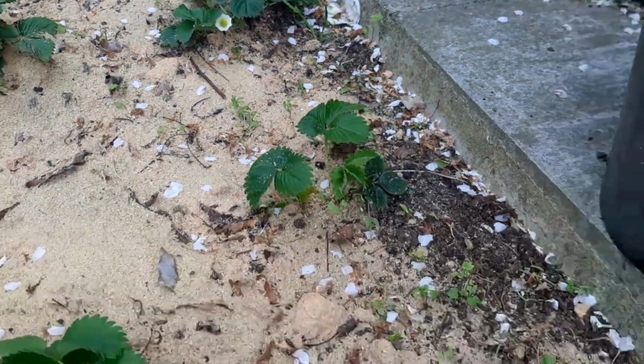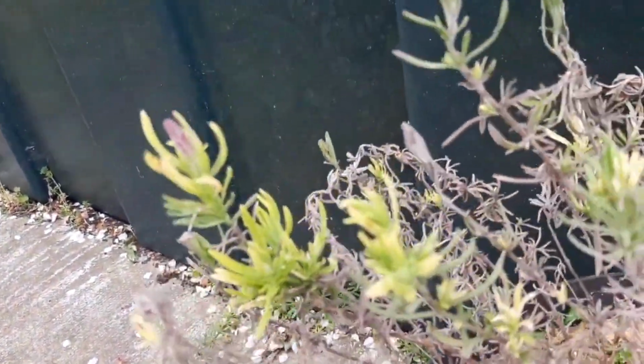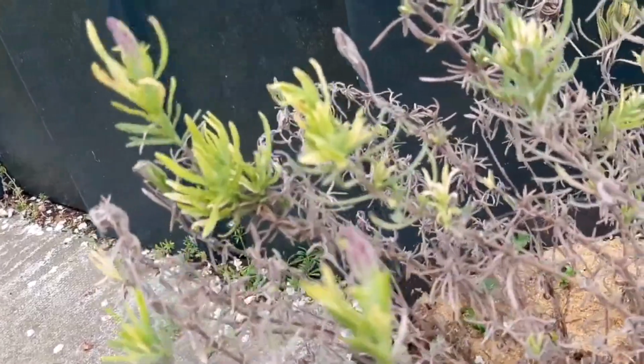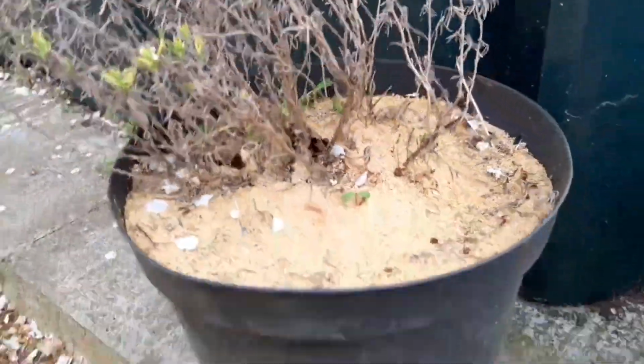And then my lavender was waking up, and then it got really cold. It doesn't look too well, so I need to feed him up, let him look much better. But it was waking up. And then